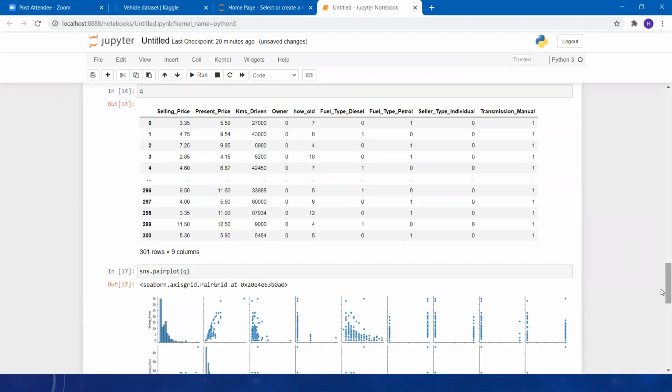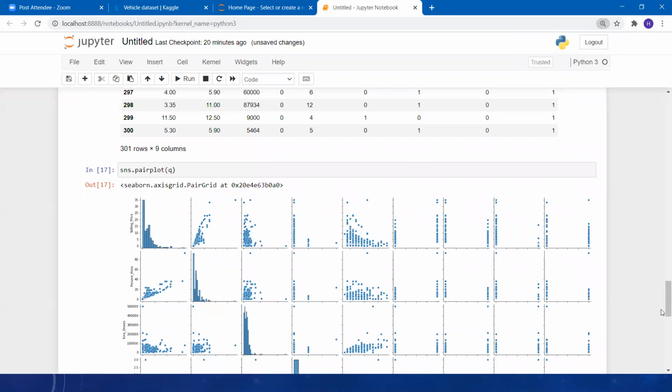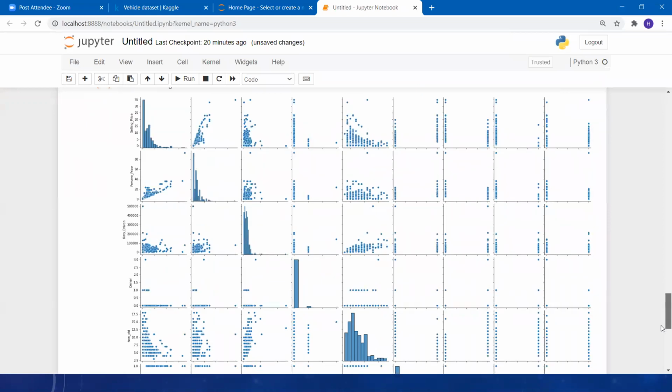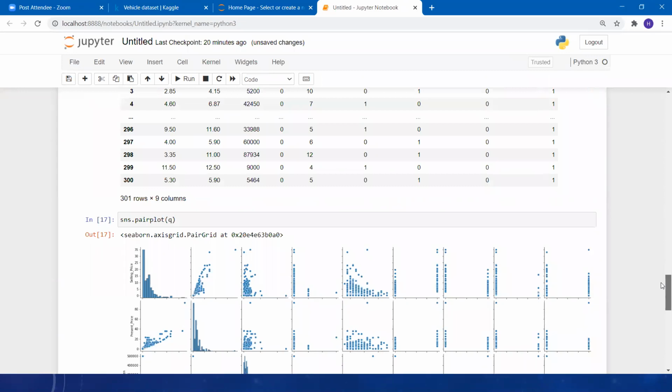Now anyone can tell me, are you able to see any linear relationship over here? Are you able to see any linear relationship in this picture? No. Then can we use linear regression in that case? Yes, that is why we cannot use any linear relationship over here, because these types of columns are not showing any linear relationships.